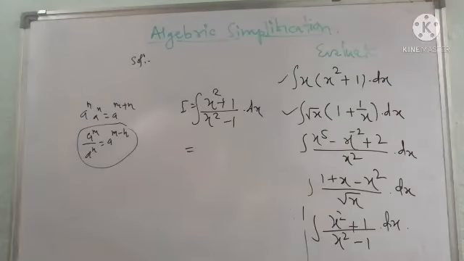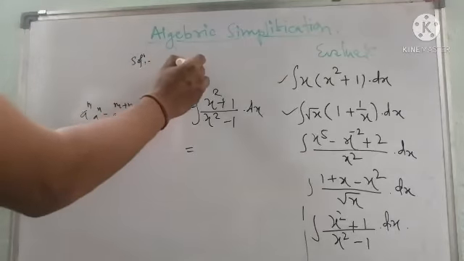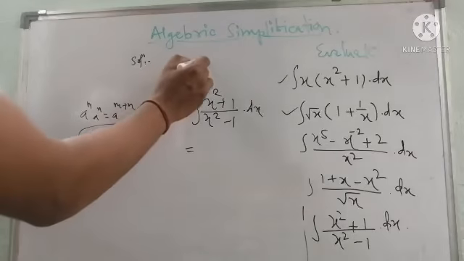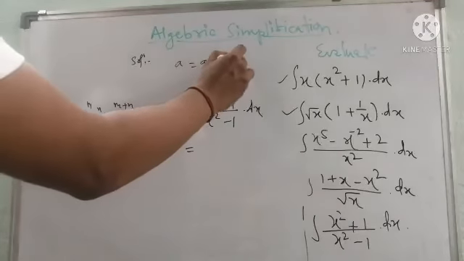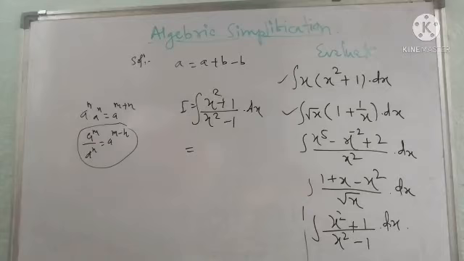This is a rational fraction. In integration there is a separate part to evaluate integration of rational fractions by using partial fractions. So we will learn it later. But now we are going to solve this example by simple algebraic simplification. As we know, we can put a is equal to a plus b minus b. If we add b, then we have to subtract b so that the value does not change.